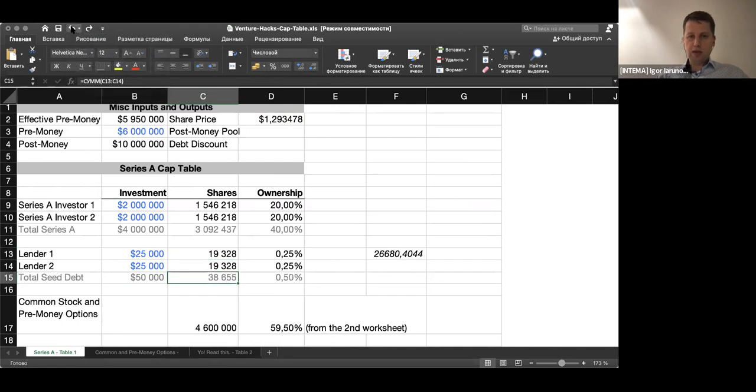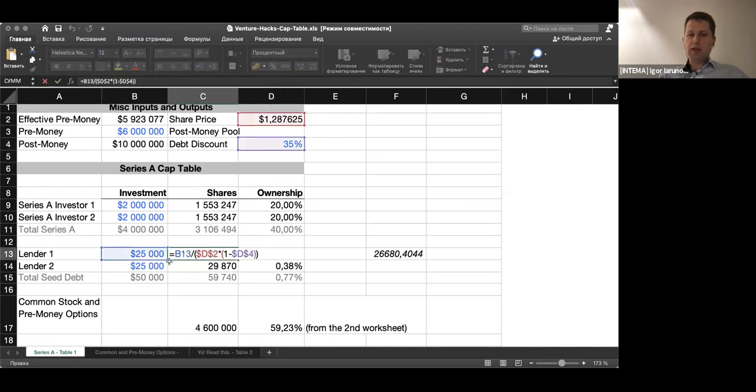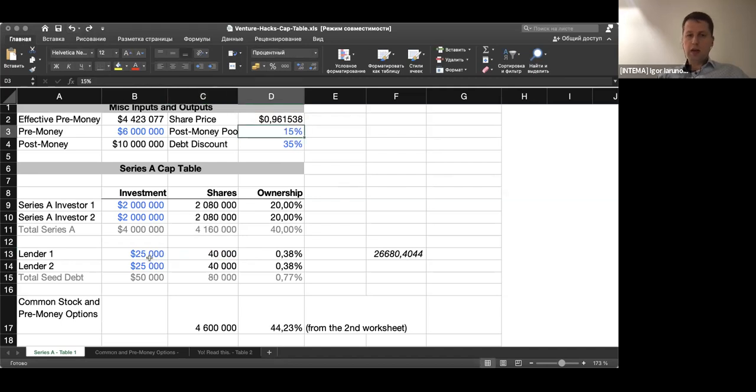Let's come back. Debt discount. So it means that this 25,000 will wait for 35% more. They are calculated by dividing by 1 minus 35%. It's a quite tricky point, but if somebody gives you debt, always look at that discount, because if that discount